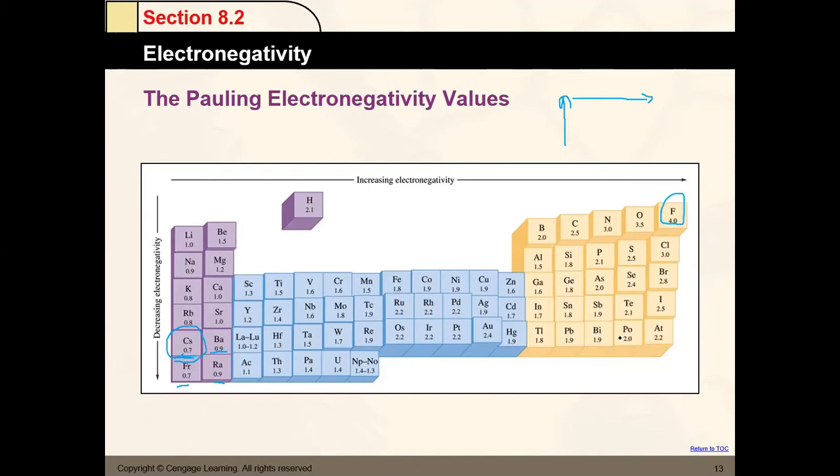What if I form a compound between, let's do calcium and chlorine? Is this ionic? Yes, because chlorine is 3 versus calcium 1. 3 minus 1 is 2, and the minimum to be ionic is 1.9. So calcium chloride should be ionic. So that's the 1.9, and then for the other,